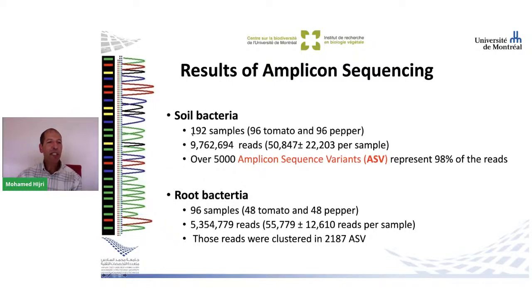A total of 192 samples, 96 of tomato and 96 of pepper, we obtained almost 10 million reads, and we have around 5,000 amplicon sequence variants that resemble different species and represent more than 98% of reads. For bacterial soil, we had 96 samples,